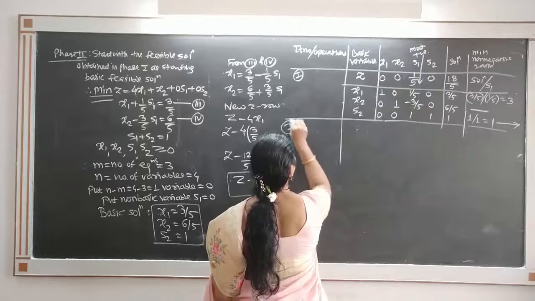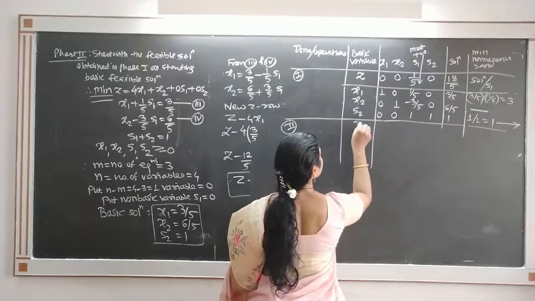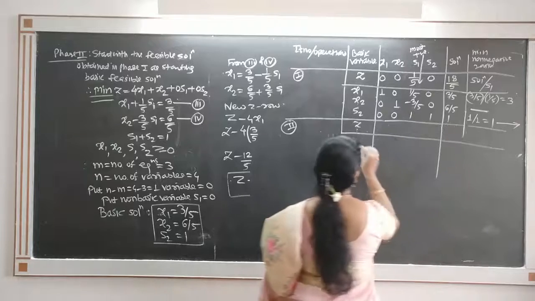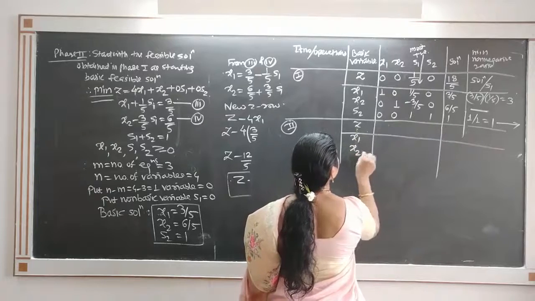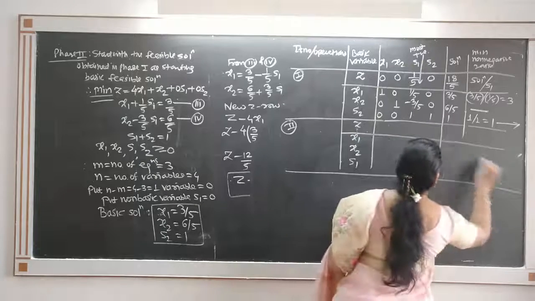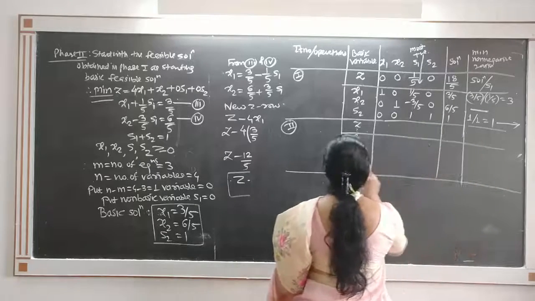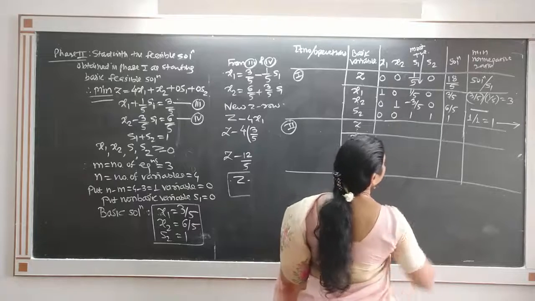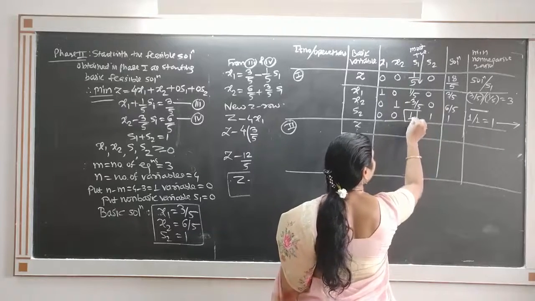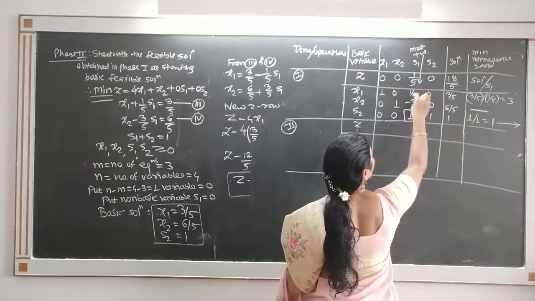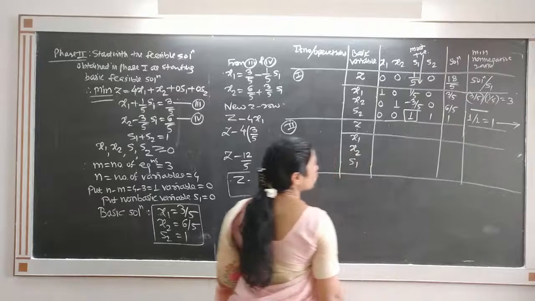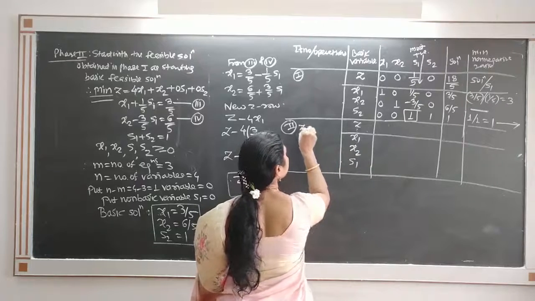So in the second case, what will happen? Z remains as it is, but x1, x2 remain as they are. S2 leaves the solution and S1 enters the solution. The pivot element is the intersection of this, which is nothing but 1. It is already 1. So what remains? Only make all other elements in that column 0. So we have to do the operation in the next table.